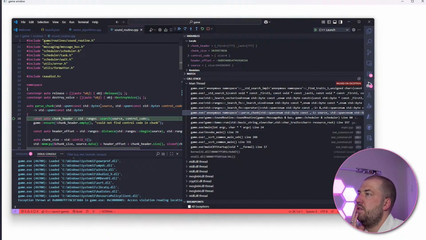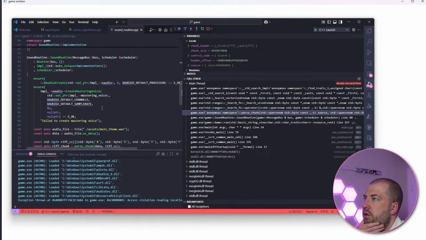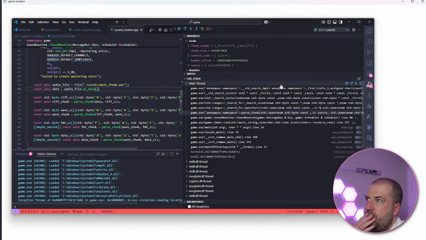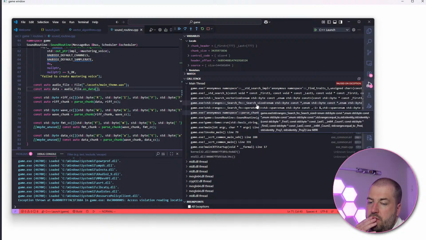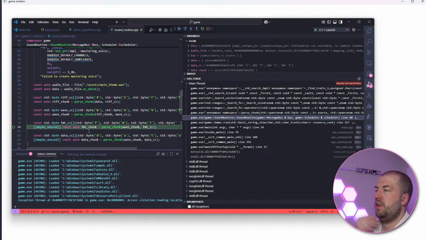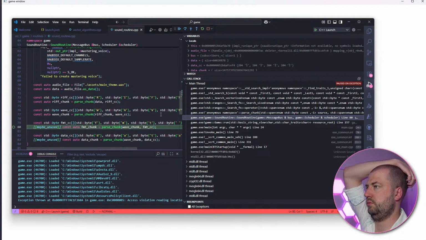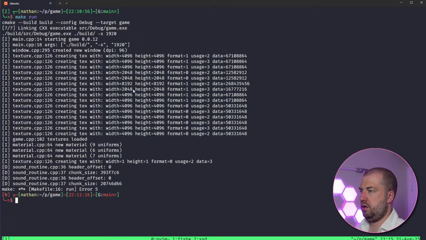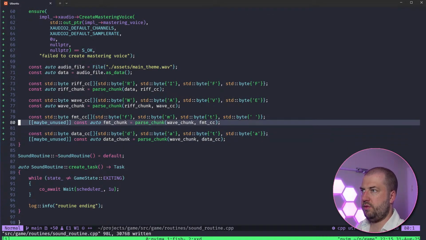Source is just a span over the read file data, which is still live. It's not gone out of scope yet. What if we just pass the whole thing again? It's not great.